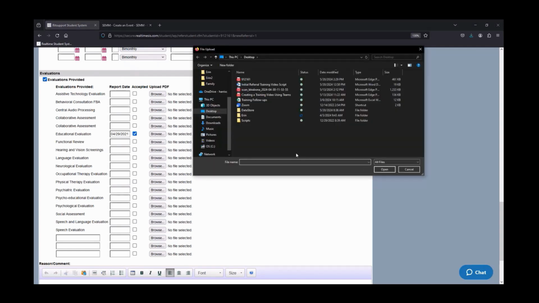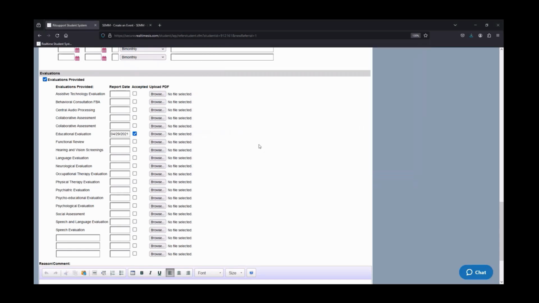Now, because this file is not specific to the IEP, I can name it whatever I want to. It doesn't have to be named the student's ID number. So I'm just going to use this document since I already have it saved on my computer. But again, it does not have to be named the student's ID number. You can call it educational eval, JAC, whatever you want to name it is perfectly fine as long as it's